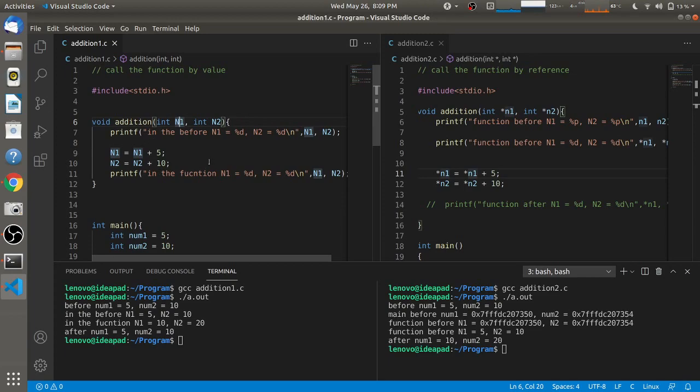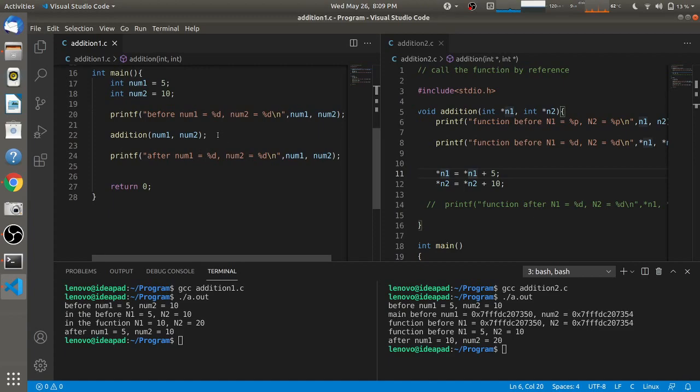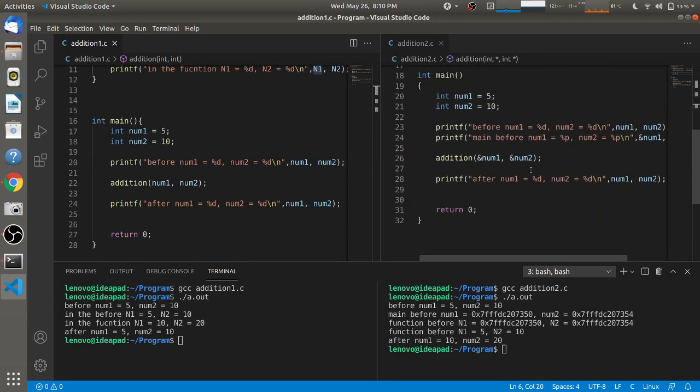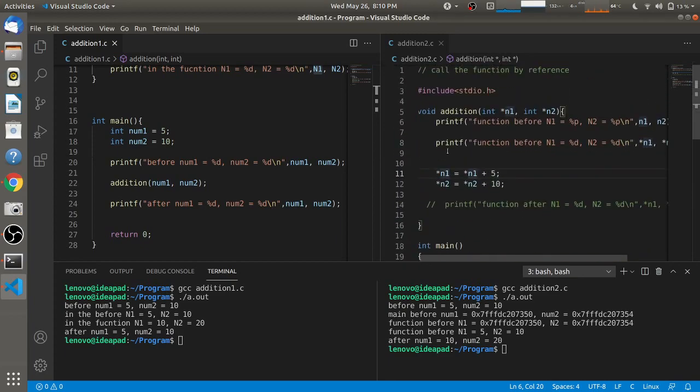So we'll call the function by value whenever we don't want the result to reflect in the main function, and we'll call the function by reference whenever we want to reflect the result of the function in the original variable. So this is all about call by value and call by reference.